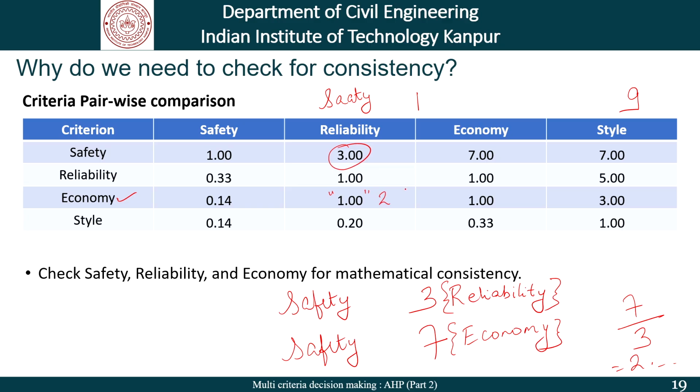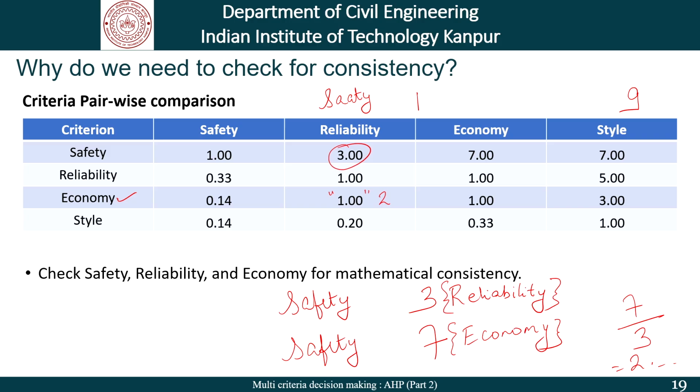The question here is, how much of such inconsistency is allowed? For a decision maker who is trying to assess different alternatives and different criteria, it is very difficult to stay mathematically consistent all the time. Thus, we are trying to understand how much of such inconsistency is allowed.